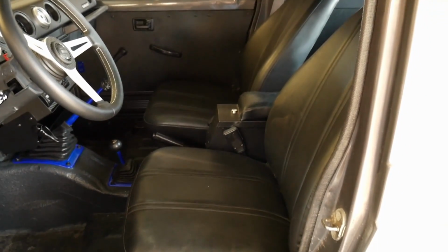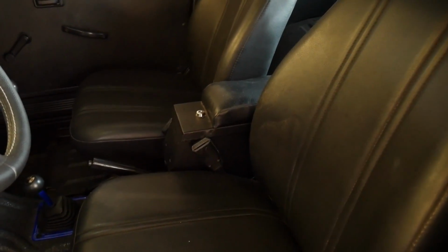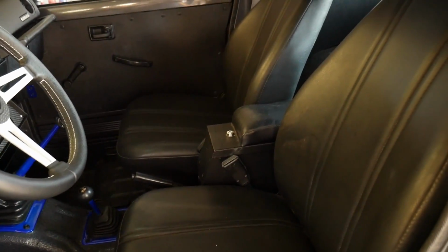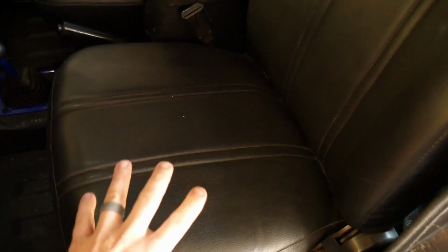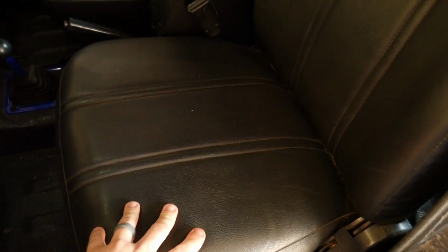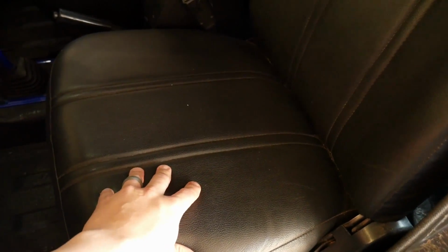This is what your stock arrangement should more or less look like, minus the center console, or if you already have a center console. These seats, they look relatively nice. When I got the truck, they were actually reupholstered already. The passenger seat is actually pretty comfortable, but this seat was all deteriorated and it was very uncomfortable. I actually pulled the back off, pulled this cover off, pulled the old foam off,